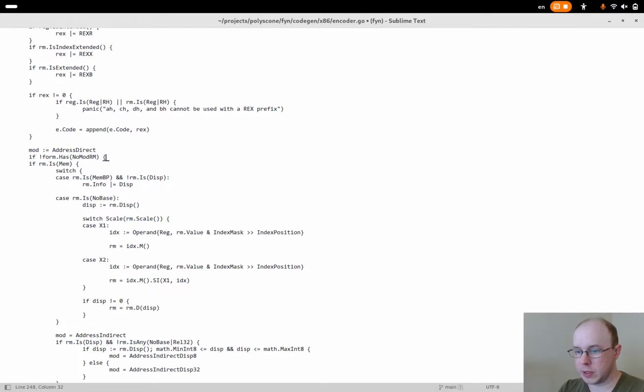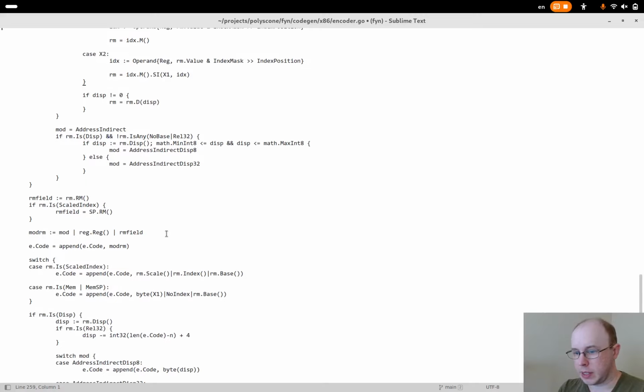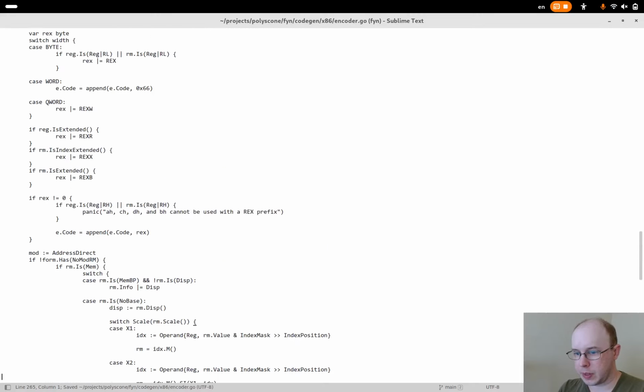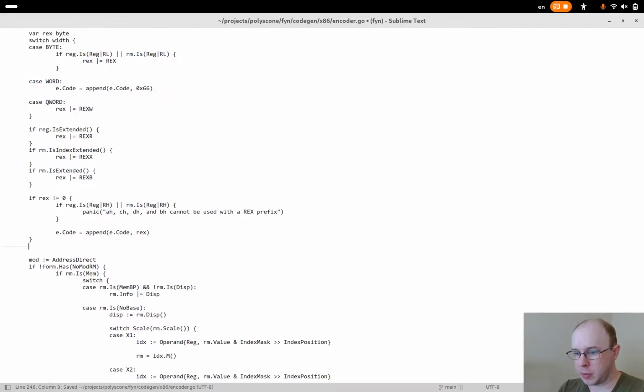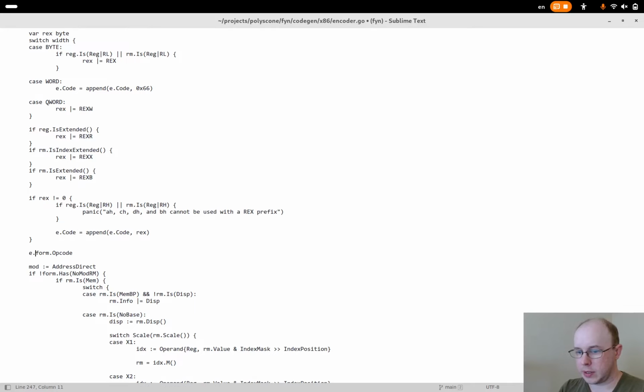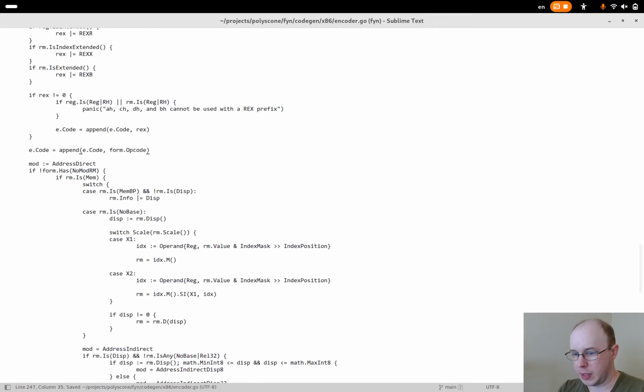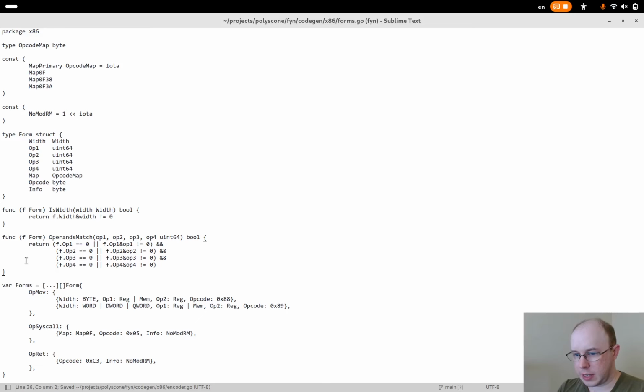So if the form does not have no mod RM, then I want to output it. And before this is where I need to append the opcode. So append e.code form opcode.